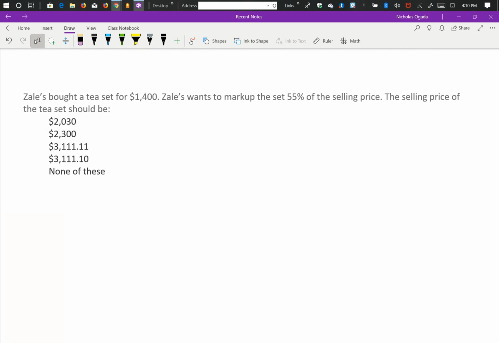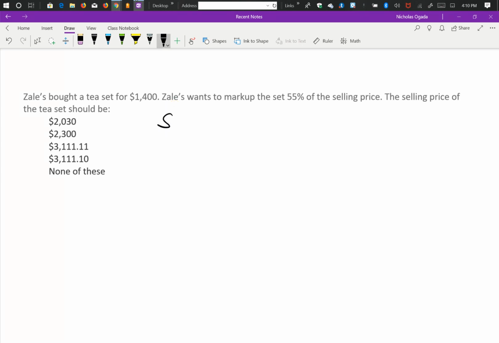Here, we've been asked to determine the selling price, but you've been given the cost figure and you've been given the markup, and the markup is based on a selling price. So again, if you think about it,